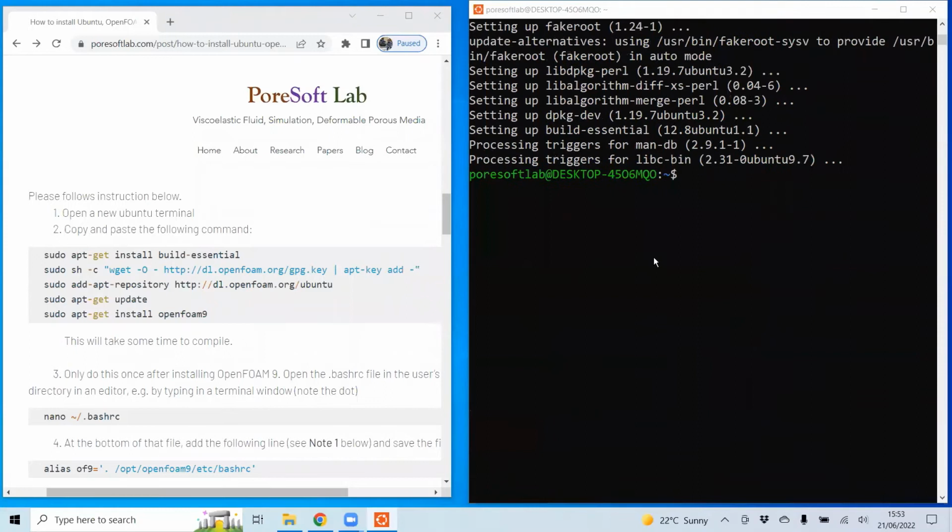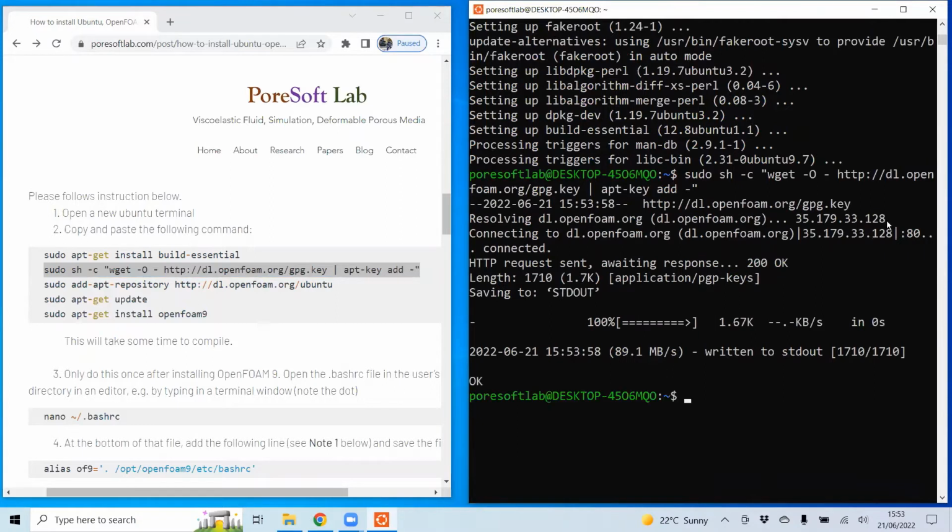Now this one got installed, and now I will copy this second line here, and to do that I will use Control C, go to the terminal, press the right button on your mouse, and then enter, and it will perform the function. Then I will copy this third line, go here, and again do the same thing.